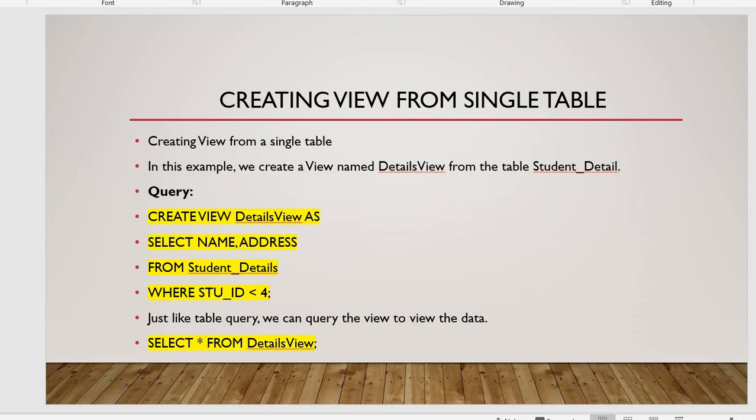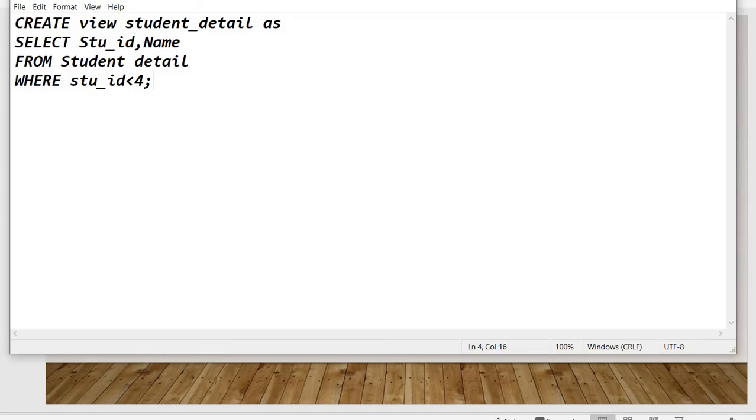Now we are going to create a view from a single table. First we will create a view. Create view, name of the view student detail, as we see in the table, and you have to select student ID and name from student detail, where student ID is less than 4.